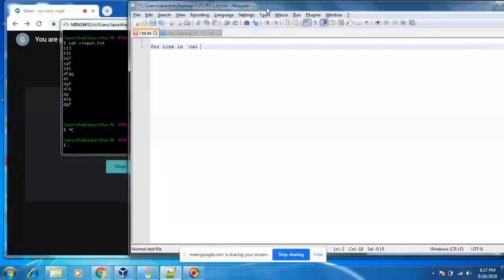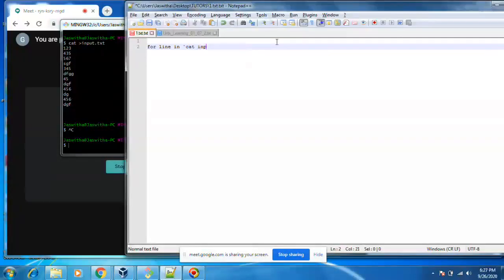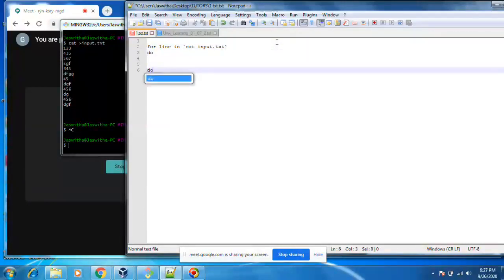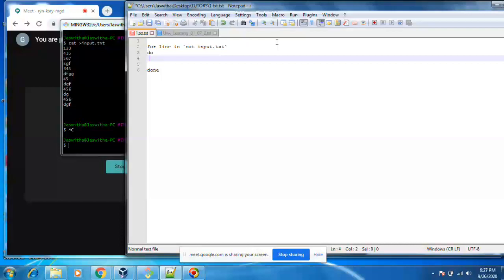This is shell scripting. I'm just appending the lines.